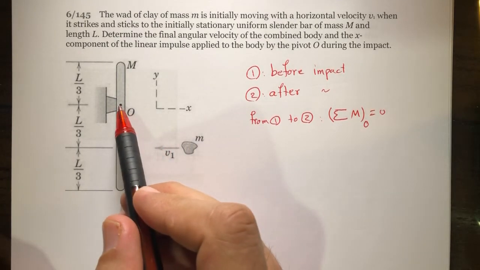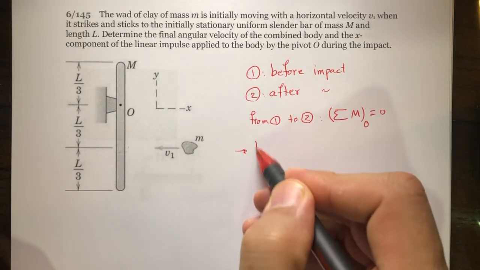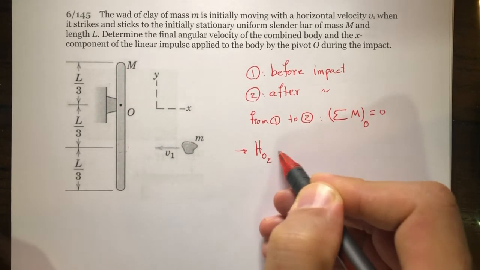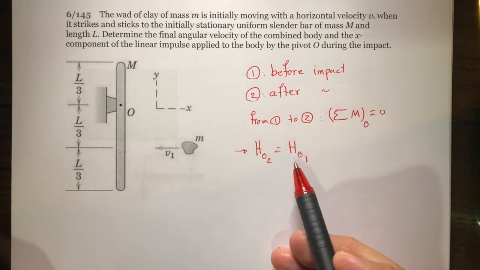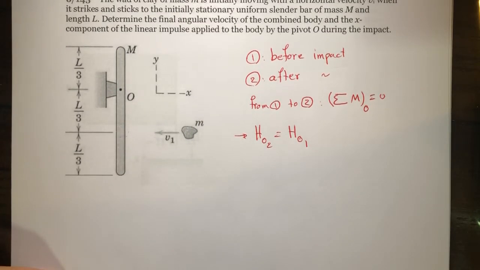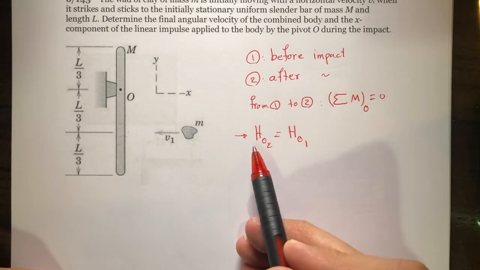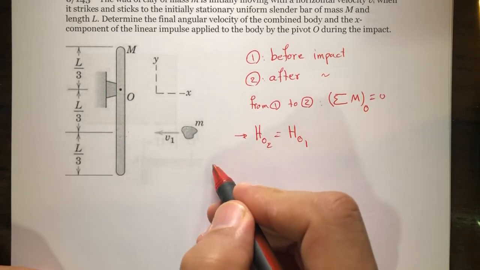Because the sum of the moments about this point, which is on this body, is equal to 0, we are going to have HO2 is equal to HO1: the angular momentum before impact equals the angular momentum after impact. So the only thing we need to do here is calculate the angular momentum before and after impact. Okay. So HO1,